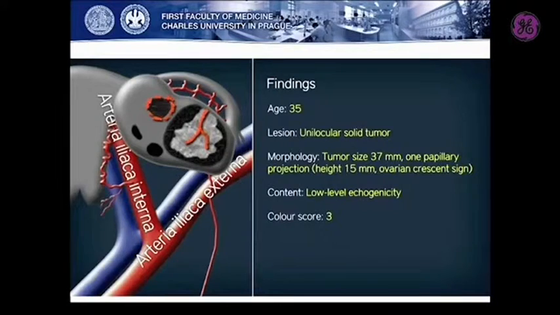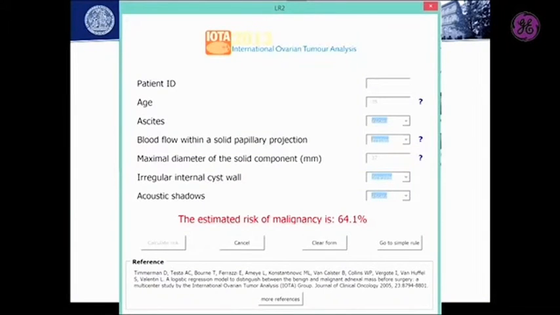And I would like to show you how to use these logistic regression models. This is a patient, 35 years old, and she was referred for an adnexal tumor. We can see that the tumor mass is inside the ovary. It is a unilocular solid tumor with a solid papillary projection. A blood flow is within the papillary projection, and the mass regarded, if we use the LR model and we put